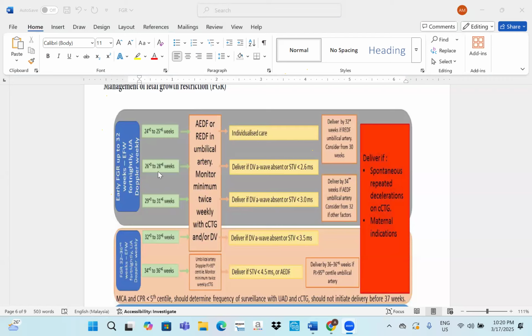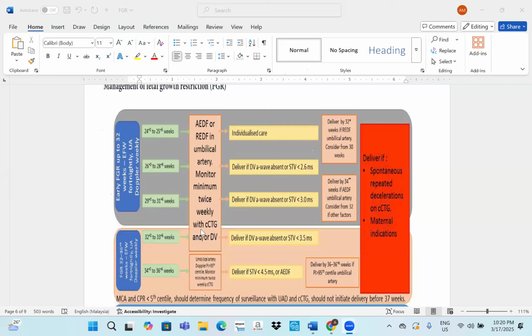You were following this patient, let's suppose diagnosed with FGR at 24 weeks. But now she's 28 weeks, okay? Now she's 28 weeks and her umbilical artery Doppler shows that there is absent end diastolic flow. Absent end diastolic flow, okay? Now absent end diastolic flow is shown. You will increase the monitoring to 2 to 3 times umbilical artery Doppler along with computerized CTG and ductus venosus